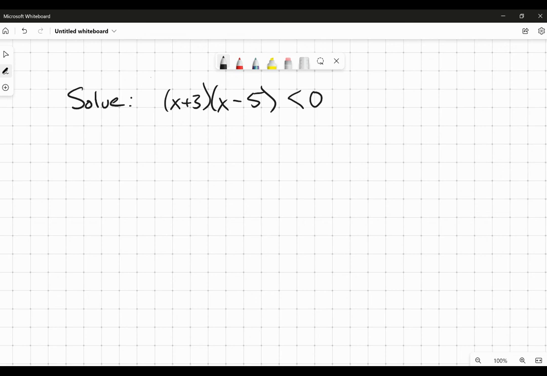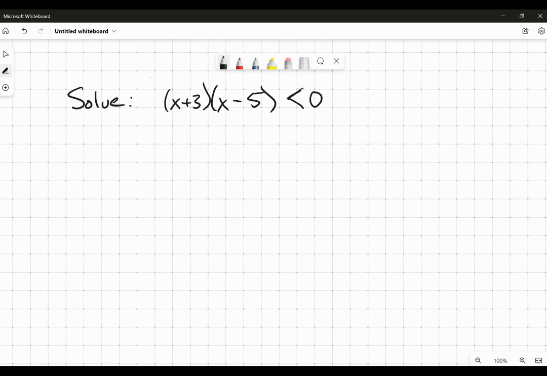Okay, hi everybody. So in this video, we're going to take a look at this little inequation: (x + 3)(x - 5) < 0. And there are a couple of ways that we can do this, and I'm going to show you a couple. First of all, what we've got here is two linear functions multiplied together, and their product,